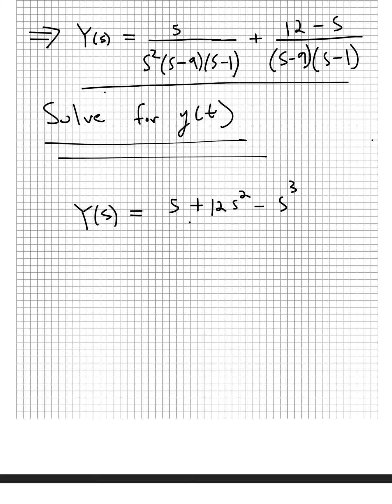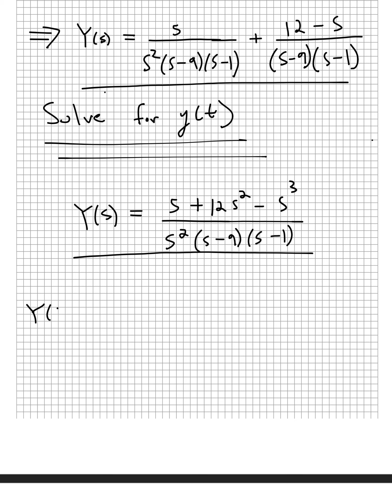In the denominator, we're going to end up with s squared times (s minus 9) times (s minus 1). Okay? And then if we use partial fraction decomposition to transform this rational expression, what we end up with is